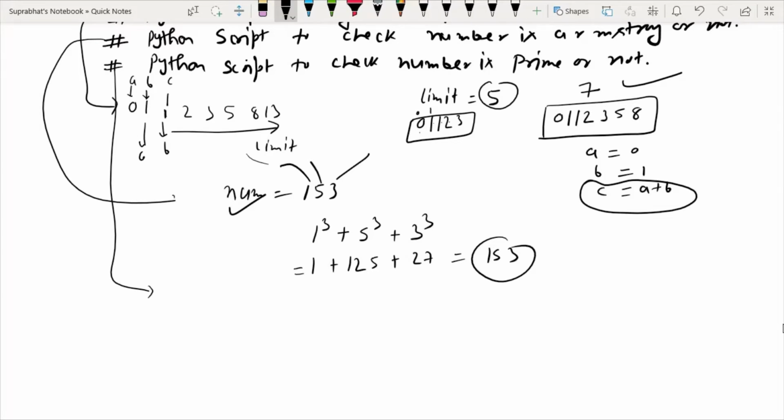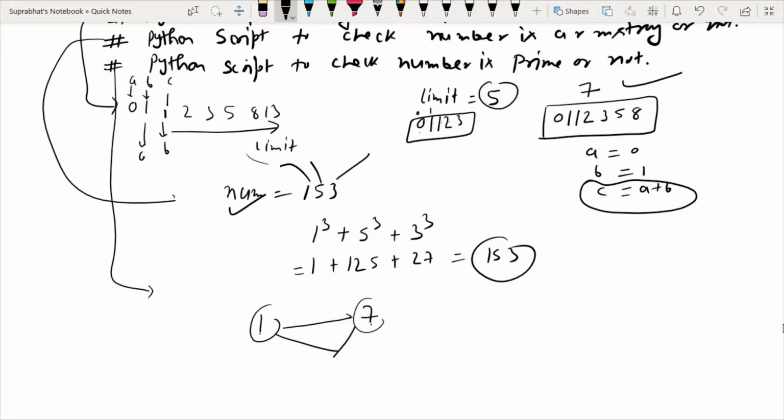If you are not able to make these script programs, I will help you, and we will do it in PyCharm here also. The last one is a Python script to check whether a number is prime or not. How will you check that? A prime number is a number that is divisible only by 1 or itself. Suppose 7 is divided by 1 and by itself, and between these, no number divides it.